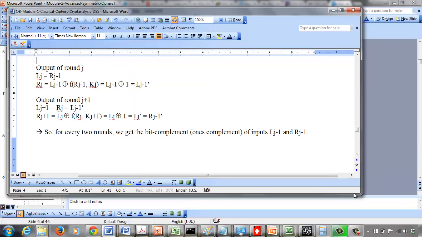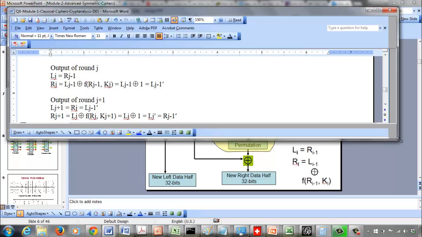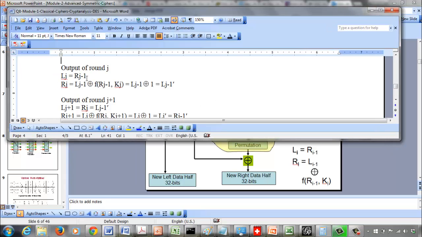What we have here is essentially Lj is Rj minus 1, and Rj is Lj minus 1 XORed with the Feistel function f, which takes as input Rj minus 1 and Kj. But we know that this Feistel function always outputs 32 ones, which I just represent as a 1. So Lj minus 1 XORed with